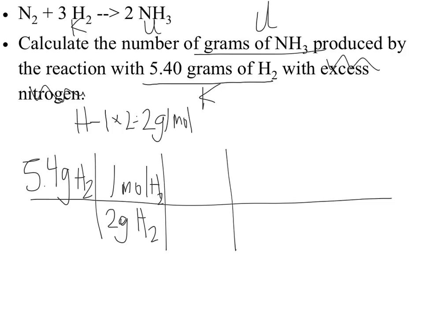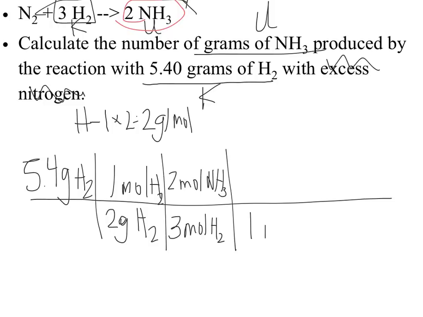Now I want to switch from my hydrogen to my ammonia, so I'm going to use my coefficients up here in the reaction. So I've got 3 moles coming from right there to every 2 moles of my ammonia. So 2 moles of my ammonia, but I don't want moles, so now we need to get back to grams